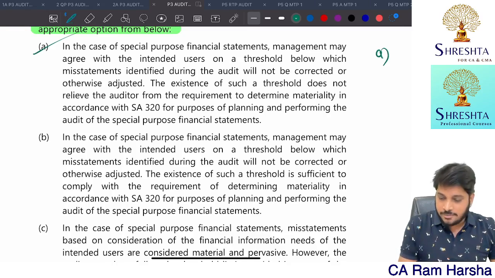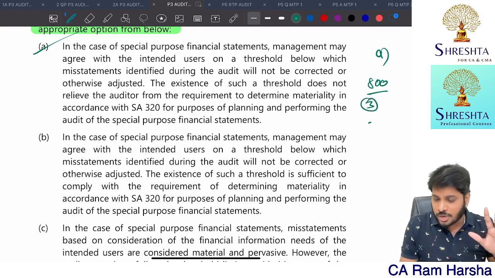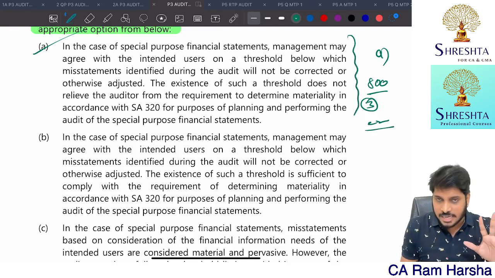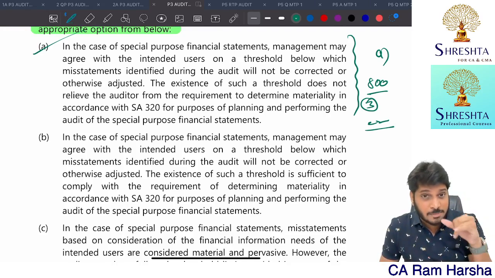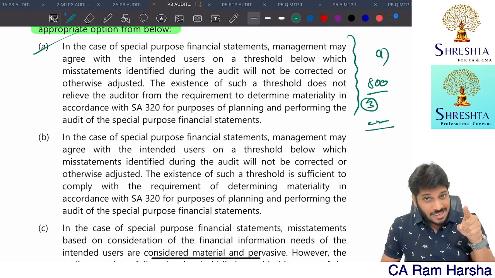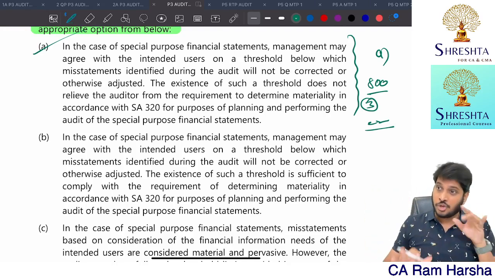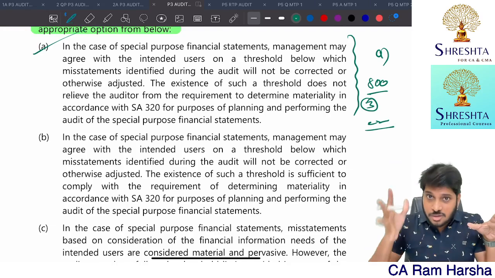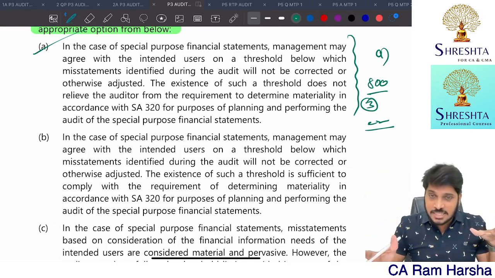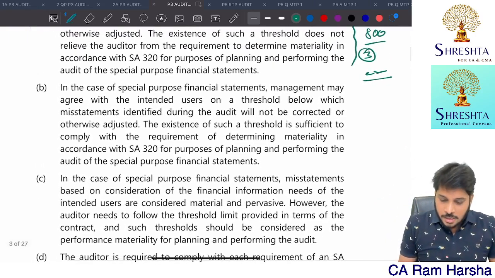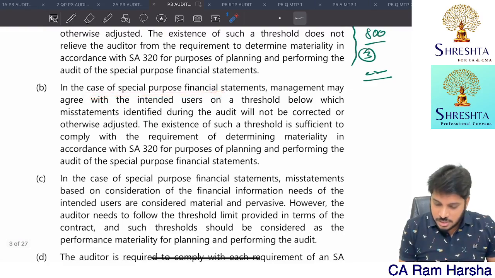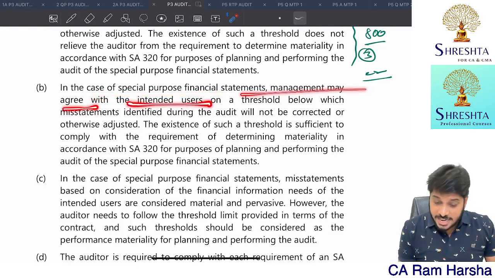In our book, you open the SA 800 specialized areas chapter, question number 3, and below some B point or C point, we have given some examples. Inside that, this point is exactly there. So when you're doing an audit of special purpose financials, the materiality is primarily decided by the users. But that doesn't mean you are exempted from SA 320 requirements. You also apply whatever guidelines SA 320 says. Getting it? Whereas here in special purpose financials, management may agree with the intended users on a threshold below